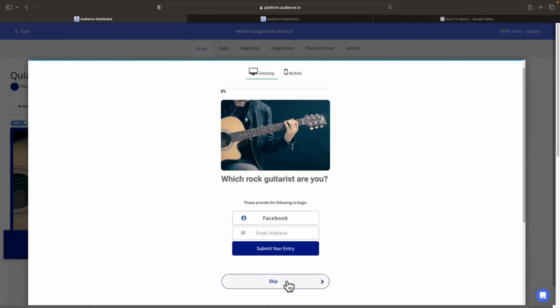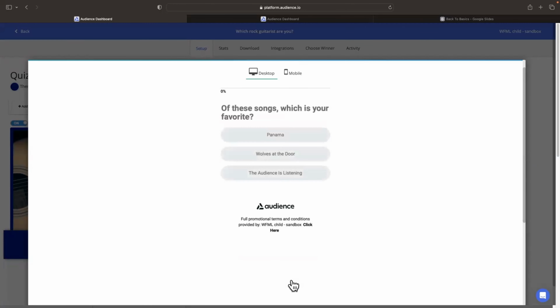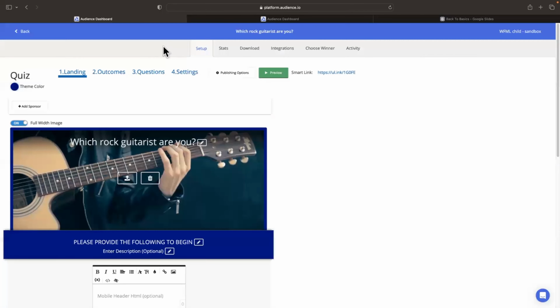I want to get to this. This skip button does not appear on the regular campaign. This only appears to admins as we are building the campaign, so you don't have to keep filling this out every time you want to do a test entry. So this skip, when you're in preview, will not appear to your end users, only to your eyes. So it's a helpful tool. It'll let you skip through and not have to fill out information every time you want to just check your quiz, what it looks like, where you're at in it.